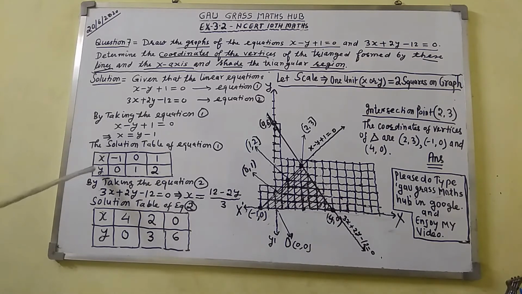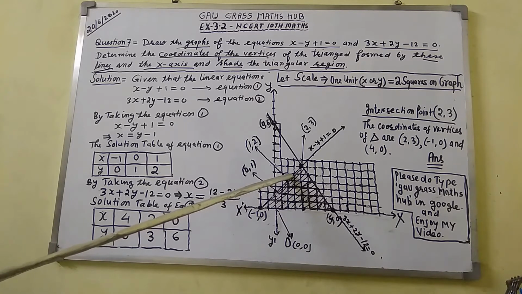And here you can see y equal to 2 units. This means you will take 4 squares on the y-axis. So just count from here: 1, 2, 3, 4. This point I have mapped here as 1, 2. Now you have got 3 points: minus 1, 0, then 0, 1, and 1, 2 from equation number 1. Now join these points together, you will get a straight line.